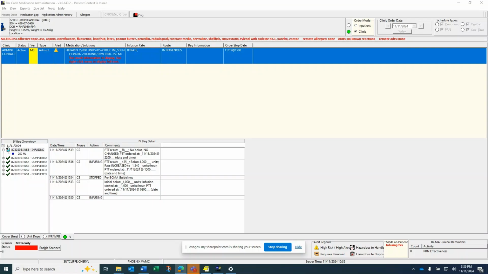Let's pretend that the next PTT result came back at 103 seconds, which is above the therapeutic level. This protocol states we need to hold the drip for 1 hour and increase the rate. Since we will be needing a second nurse verifier because there will be a change in the dose, we need to stop and start the bag in BCMA so the second nurse verifier box will pop up. To document this, right-click on the infusing bag, take action on bag,